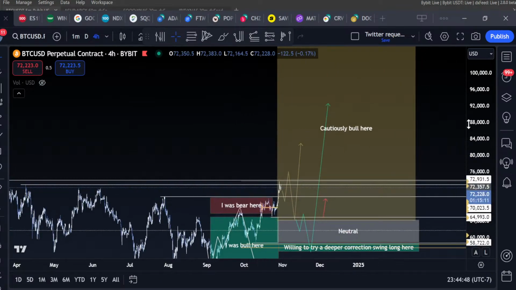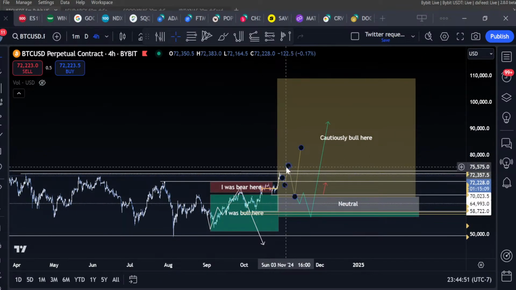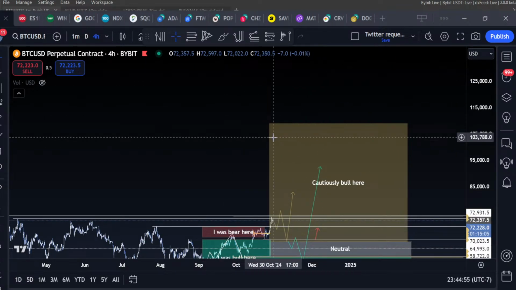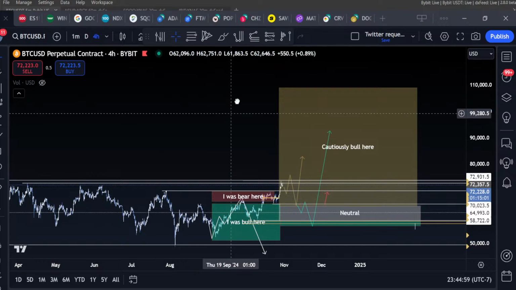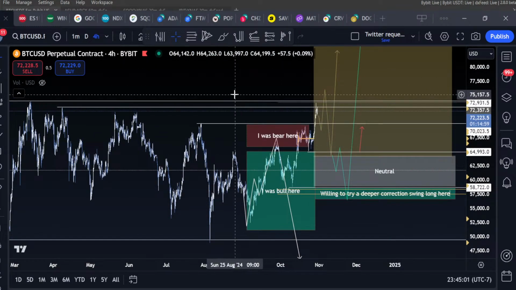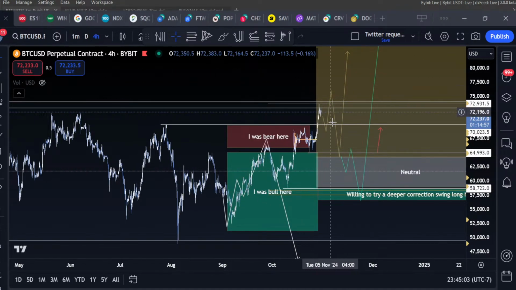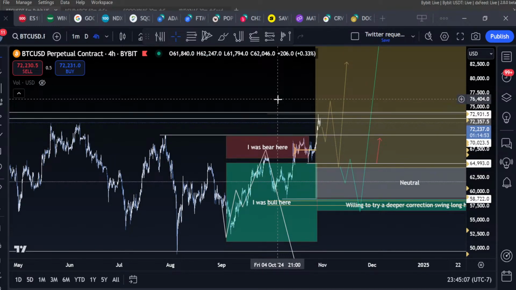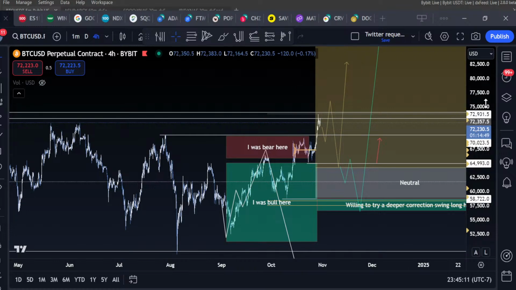And I'm not going to have conviction in my short as price just goes higher and higher. We're at 100K, we're at 150K. I'm not going to say, you know what, I think we're going to get back down to 42K. I have invalidation. The same is going to be with my long ideas. I have technical ideas that I'm going to talk about that I want to trade long, but they have invalidation and I'm going to limit my risk, right? I'm going to have lots of opportunities to get long.